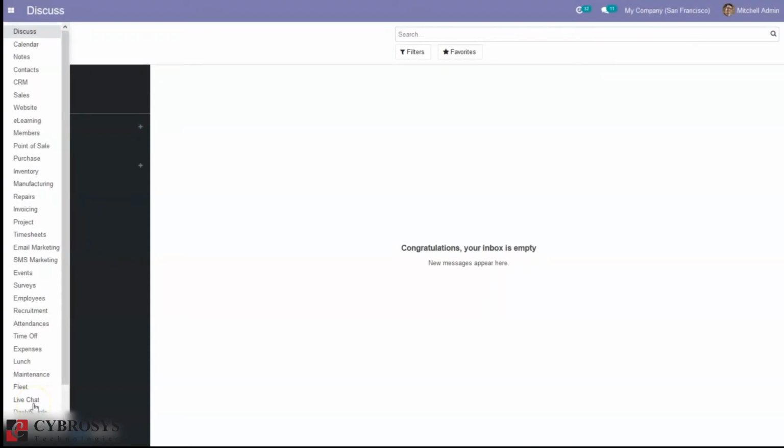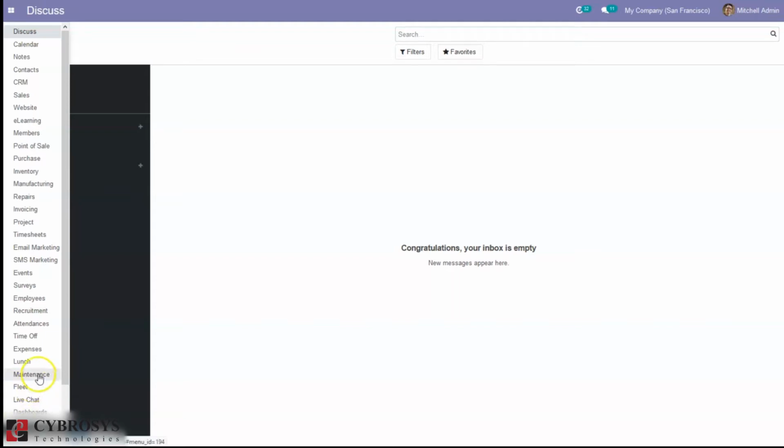Hello all and welcome back. Today let's go through delivery packages in Odoo 14 Community. In Odoo you have the possibility to deliver your products in different packages depending on the volume and/or weight of your products. First you need to activate the delivery packages feature in the Inventory application.